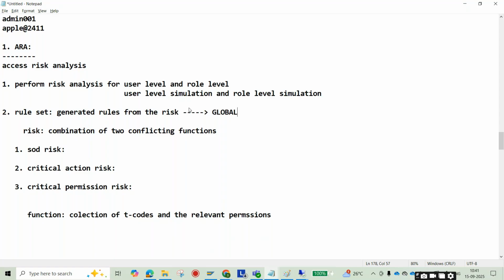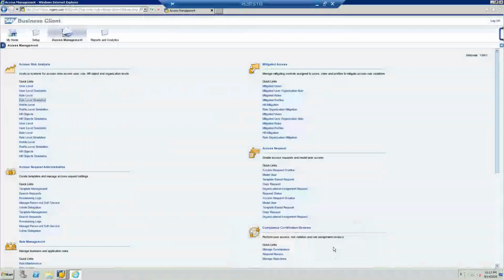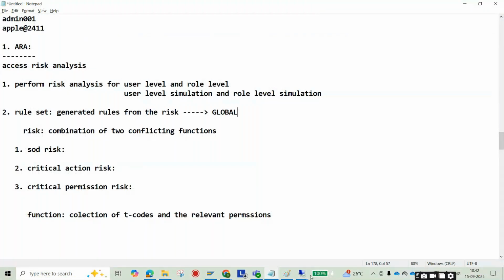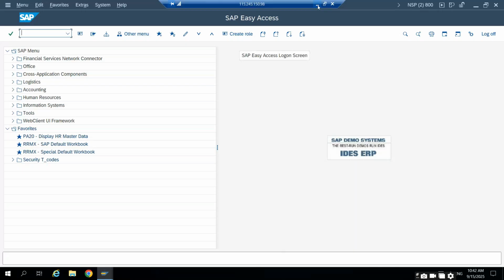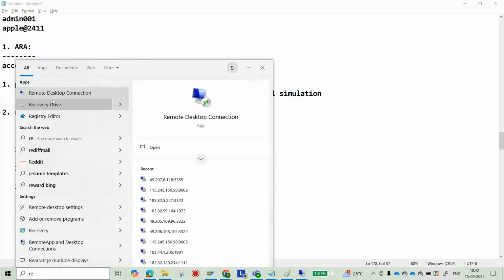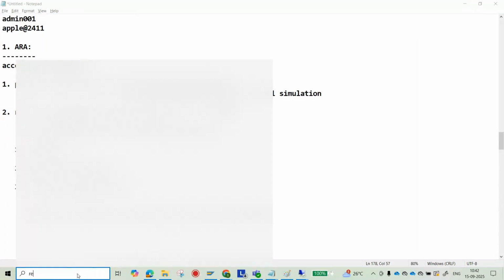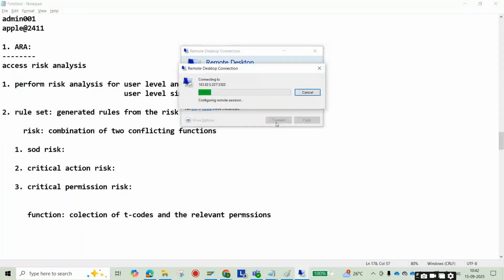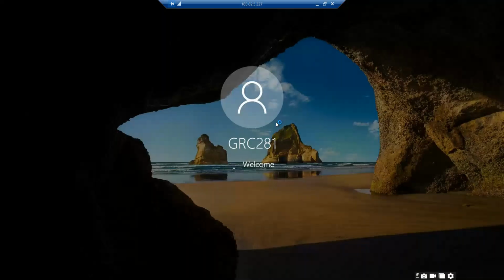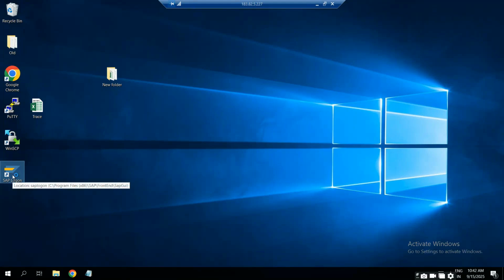Some clients need to create a custom rule set ID. They need to use a custom rule set ID. But how can we create one? In real time we are not creating custom risk IDs, custom rules, and custom function IDs here, but we need to know how to create a rule set, how to define the risk, and how to create function IDs. We will explain how to create a rule set, functions, and risk IDs, but now I'm going to show how to